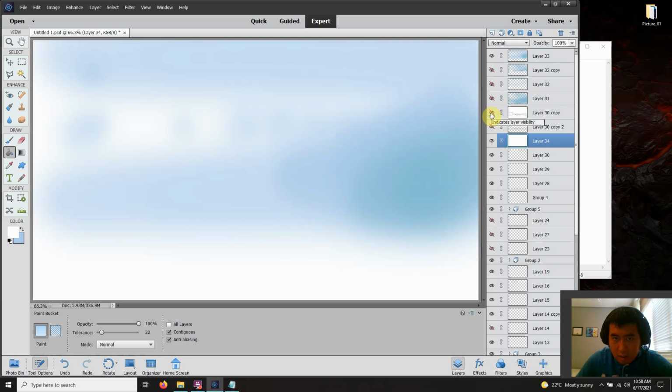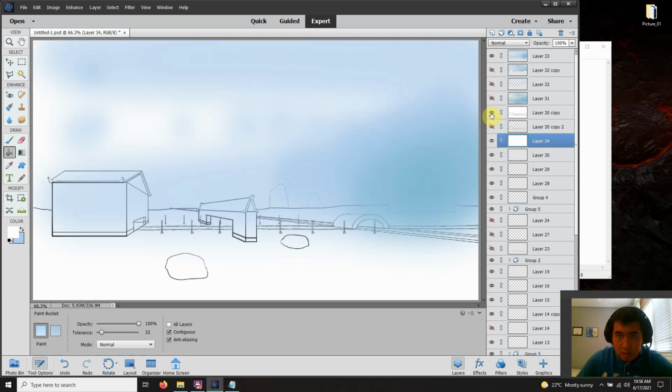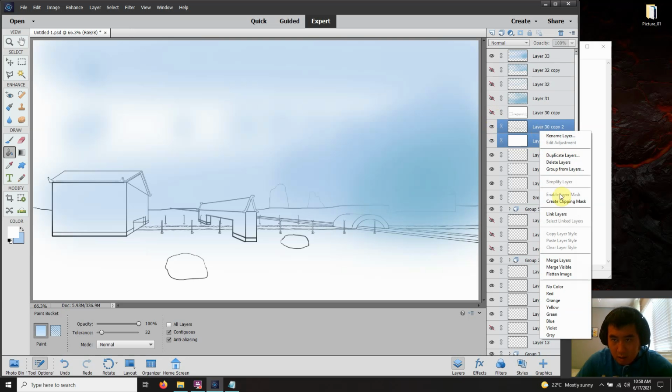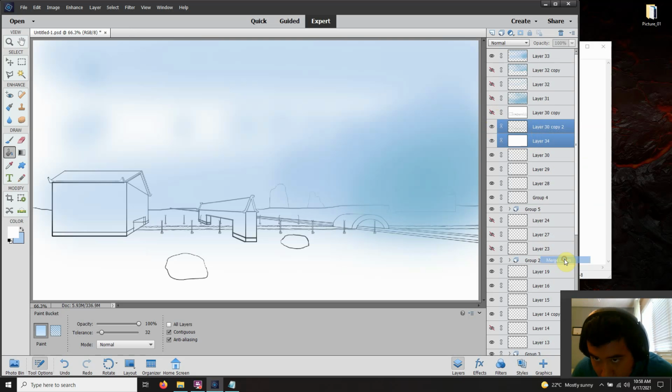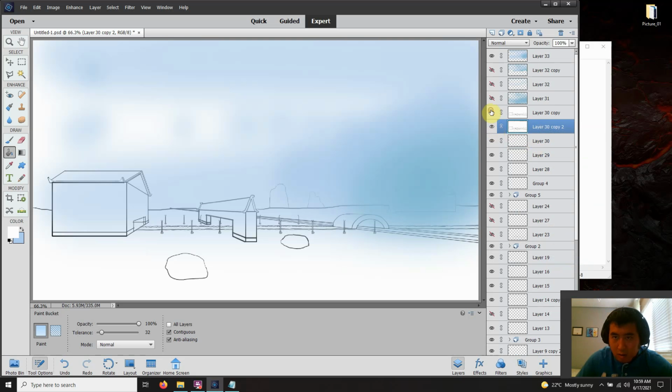So let me, so it looks like this. So exactly the same thing, and then merge this layer. So the same as this,